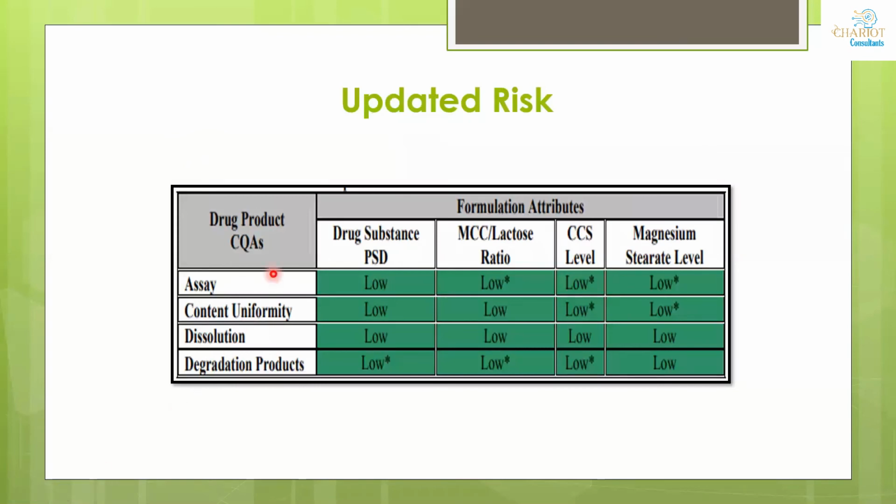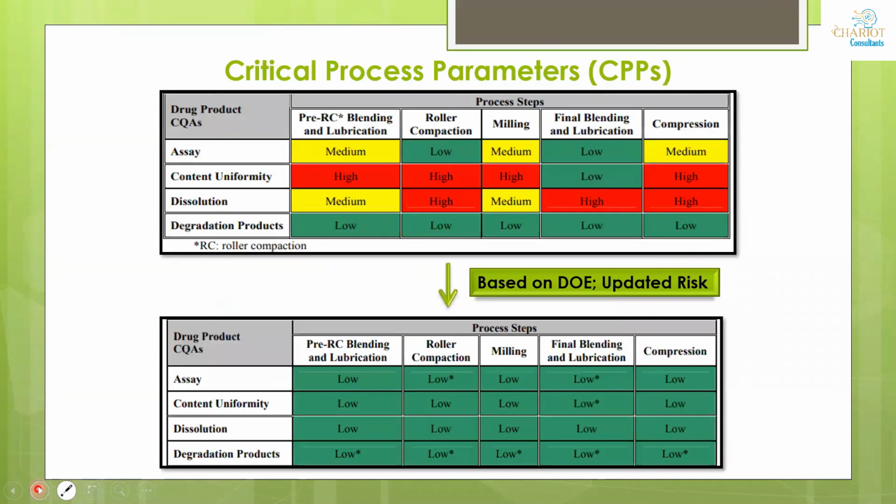So finally, based on our responses and our goals, whatever the risk which was on the medium or the high, based on our response and finalized formulation, we have updated the risk from medium to low or high to low. So this is how the risk assessment works. First of all, you need to identify the risk, you need to monitor and evaluate that risk, and then once you have finally monitored it, you will update the risk from high to low or medium to low.